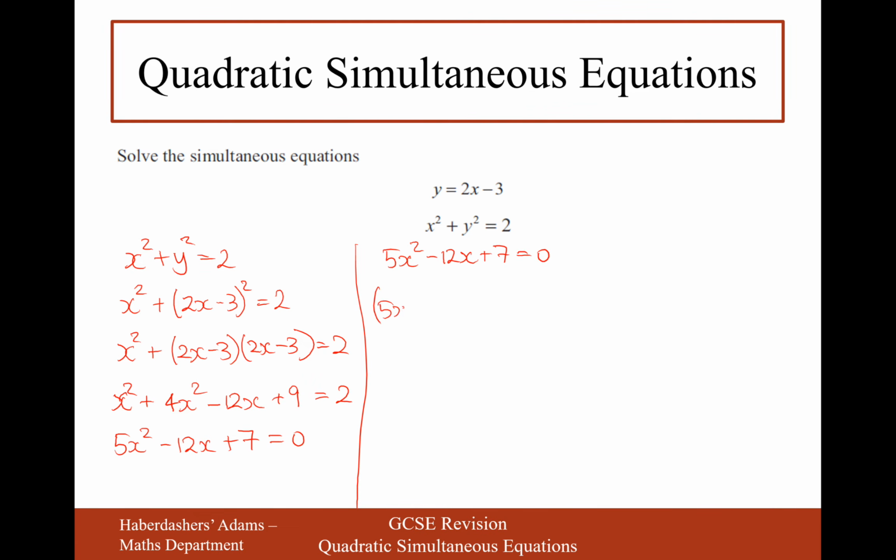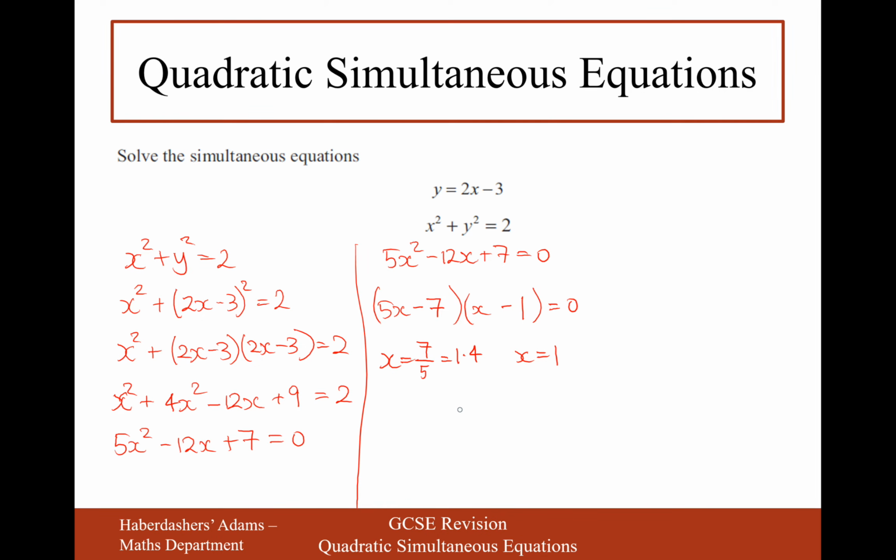So 5x and x, if I put, let's think about it, if I put minus 7 here and minus 1 here, then that will multiply to make positive 7, but then I'm going to get minus 5x and minus 7x, that will give me minus 12x, good. So x is either going to equal 7 over 5, that's the same as 1.4, or x is equal to 1. You could have done exactly the same process on the quadratic formula here. This is just a bit of a quicker way of doing it in my opinion,